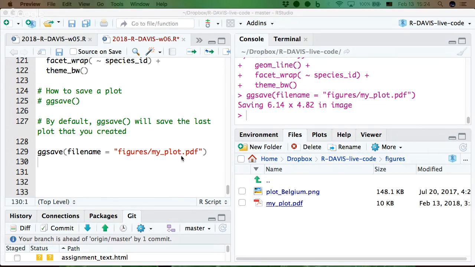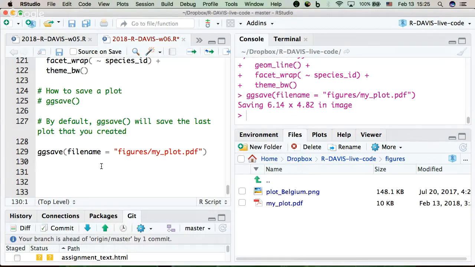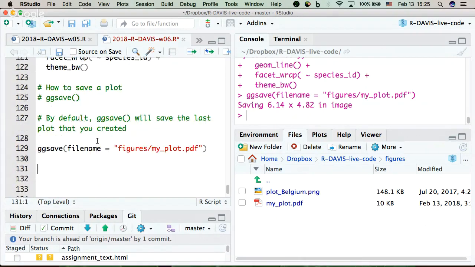And so you can modify how big the figures are in inches, and you can change the file output type, whether it's a PDF or a PNG or what have you. It came up over here. So now this plot is available. But what I'd recommend is saving your ggplot as an object. So let's create that plot from before. We'll call it my plot, a ggplot of yearly sex counts,